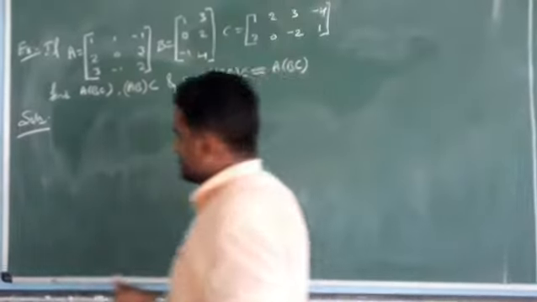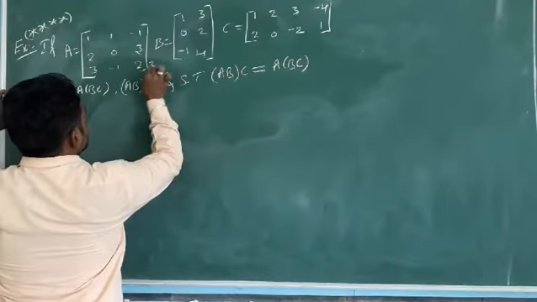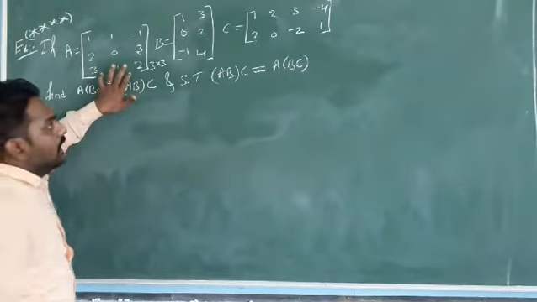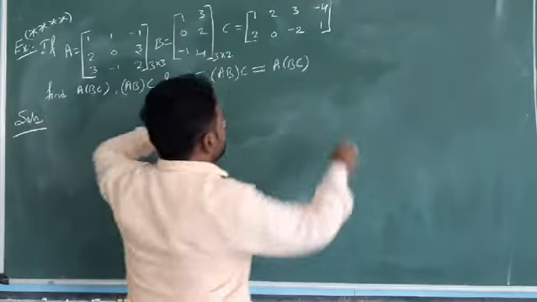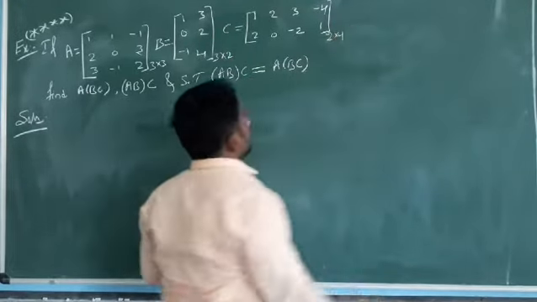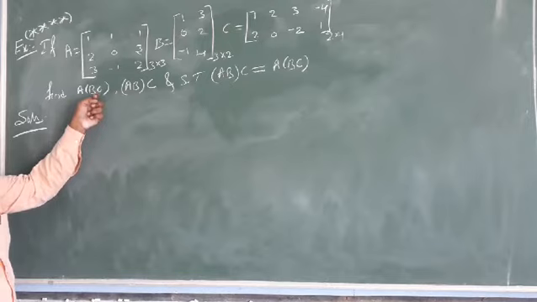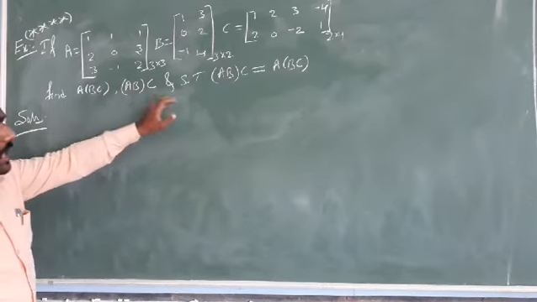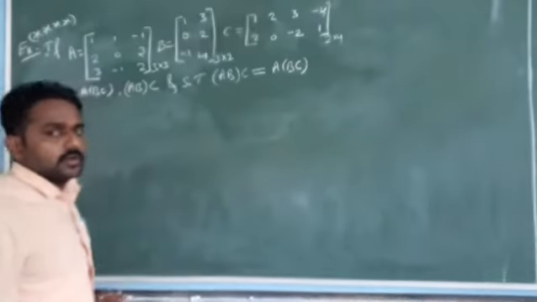Very important problem, students, here. Okay, you may get it for the 5 marks question. What is that? They have given three matrices of certain orders. Matrix A is of the order 3 by 3, matrix B is of the order 3 by 2, and C is the matrix of the order 2 by 4. They ask for A into BC, AB into C, and also show that (AB)C is equal to A(BC) or not.